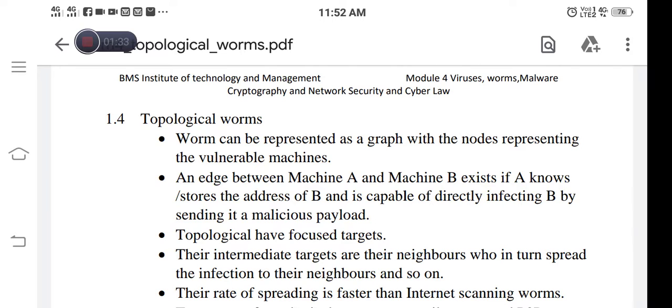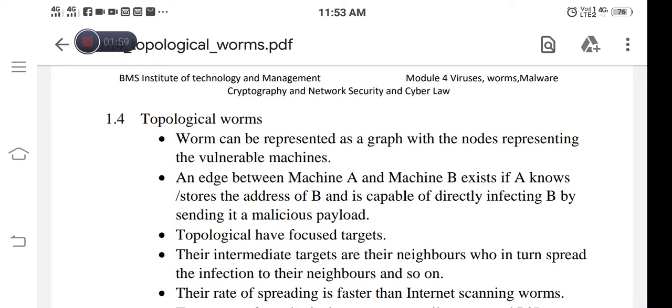If it is not available with the neighbors, then my neighbors will send that particular request to their neighbors, and they will get the data, and from them it will be replied back to me like that. So here the rate of spreading is faster than the internet scanning worms. Using topological worms, the rate of spreading is fast.